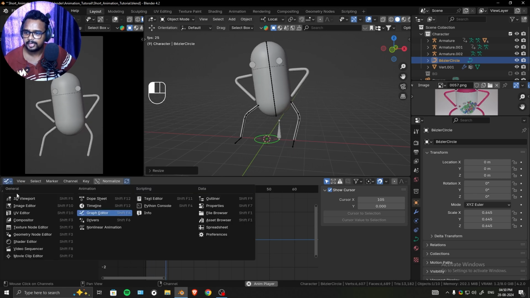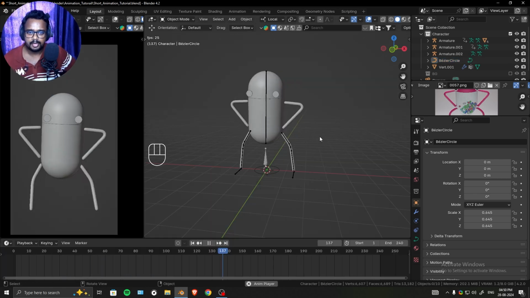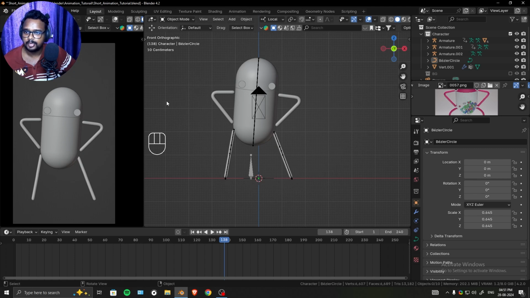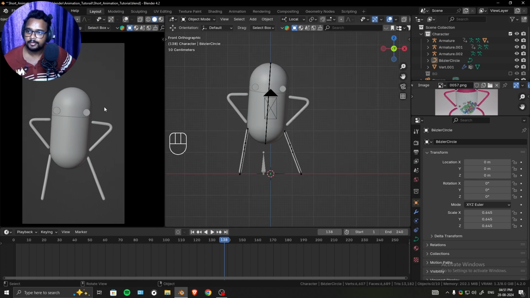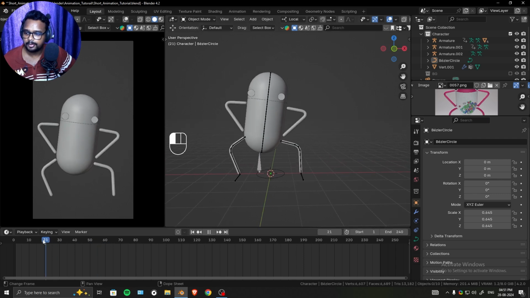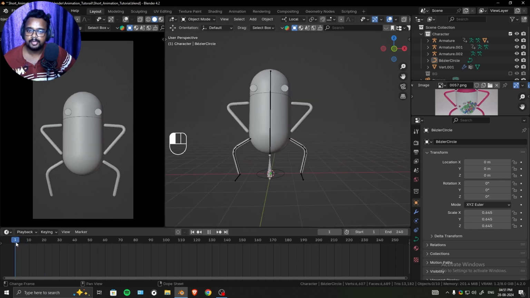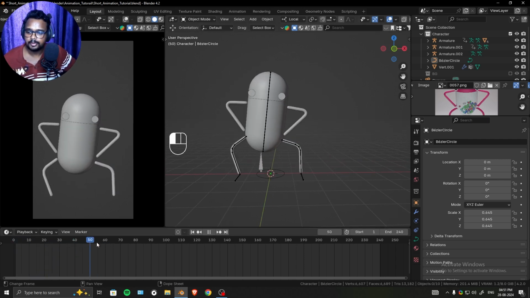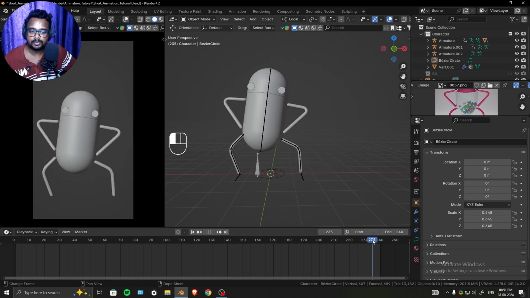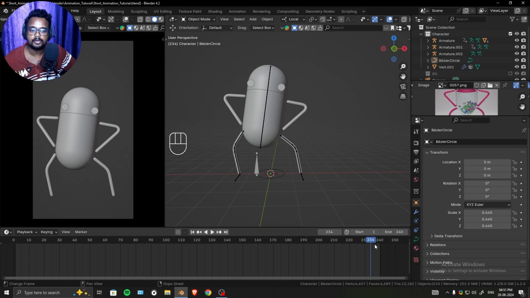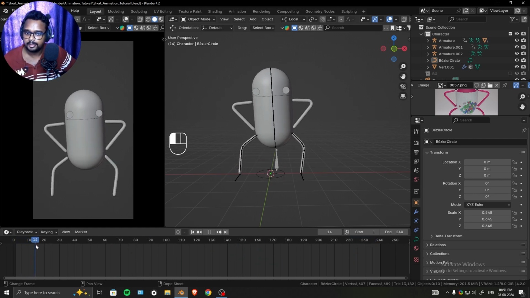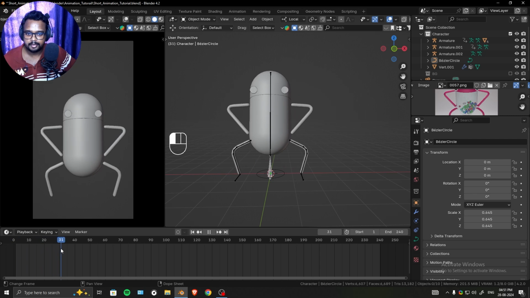So now let's go ahead and change it to the timeline. And now we need to loop the animation. And for that, I usually like to look into the camera view over here, as you can see. Now what we are going to do is go frame by frame. We definitely know that it is going to loop at the end over there. But you actually don't need to render all the 240 frames. You can just go over there frame by frame right over